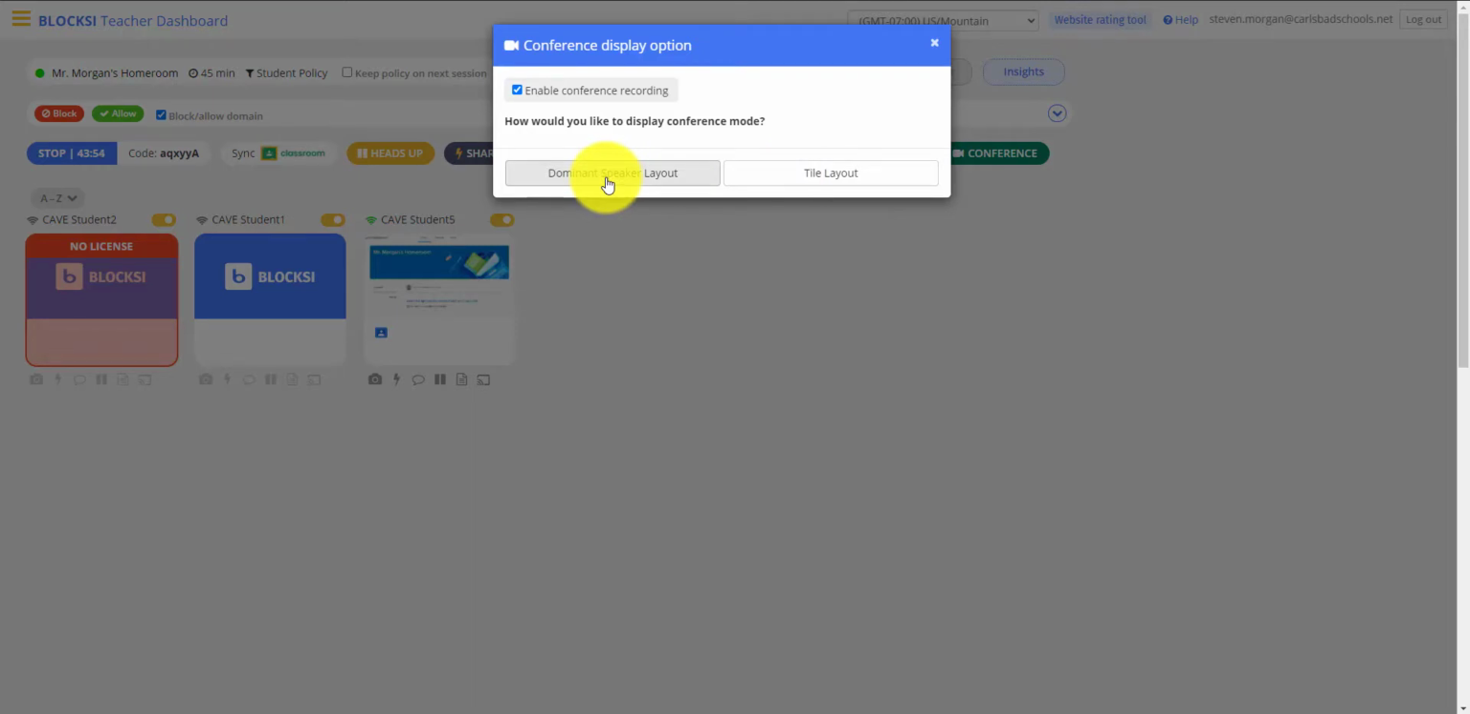What the dominant speaker layout does is it only records you, so it's almost like a way to make an announcement to your kids. This will put your video on the bottom right of the screen, and you'll be able to conference with them in the sense of just making an announcement. But I want to conference with them. I want them to be able to talk back to me as well, and so I'm going to click the